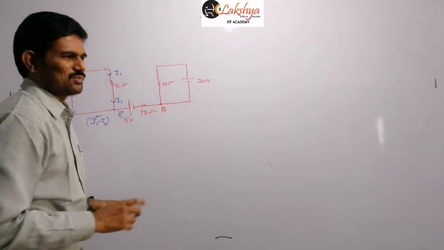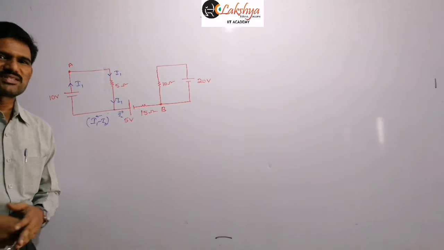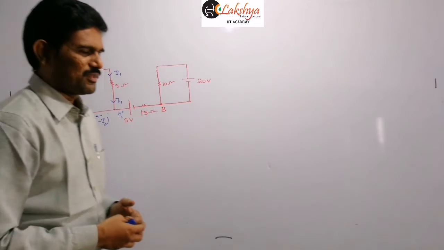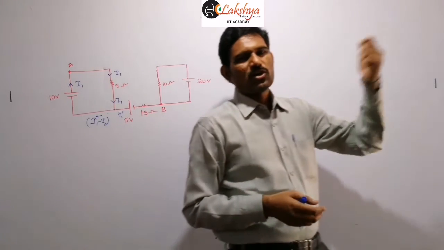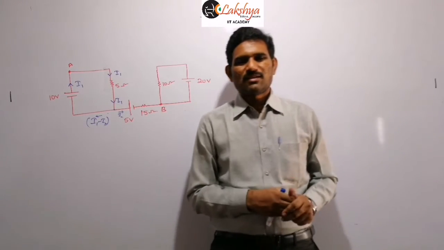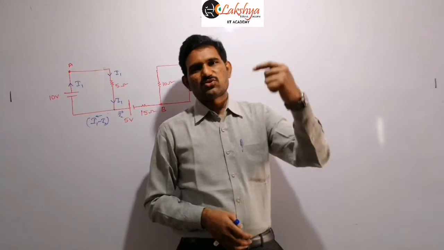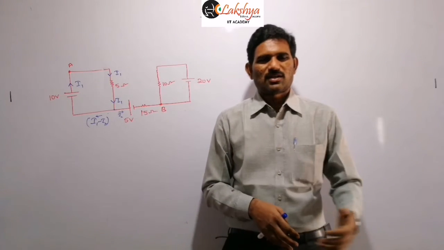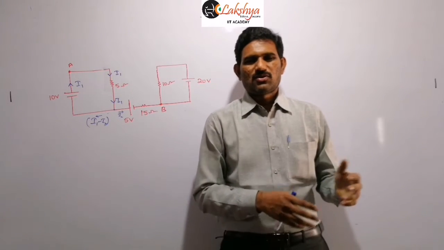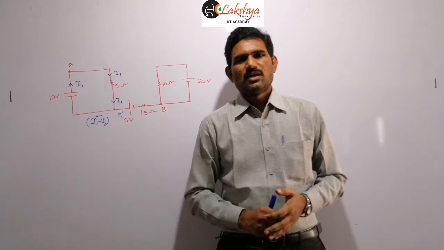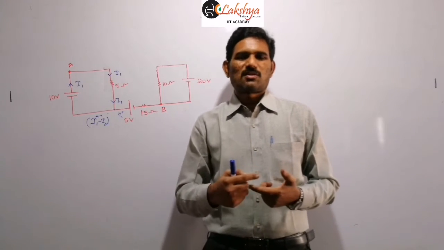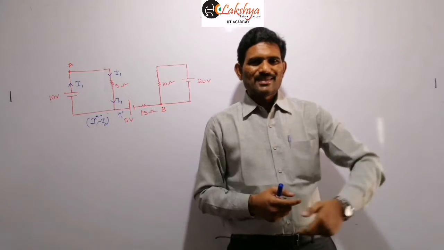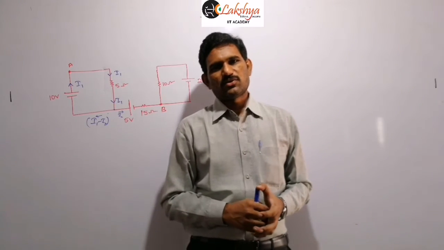If this is true, then let us come to our basic point. The basic point is, when you are taking the current distribution, whatever current comes out of the positive terminal of a cell, the same amount of current should enter the negative terminal of the cell, right? We discussed this already in the beginning, when discussing cells. So whatever current comes out of the positive terminal, the same amount should enter the negative terminal.